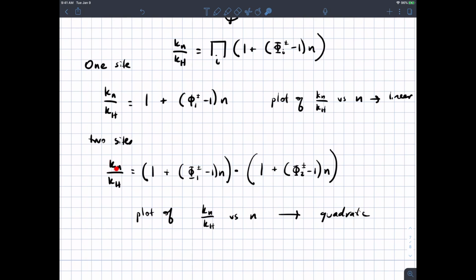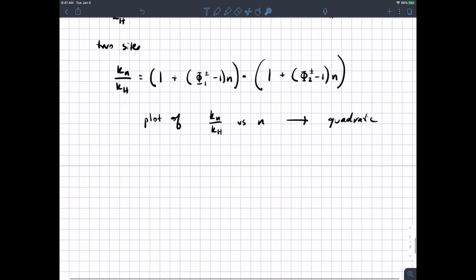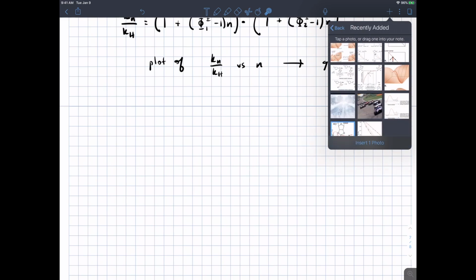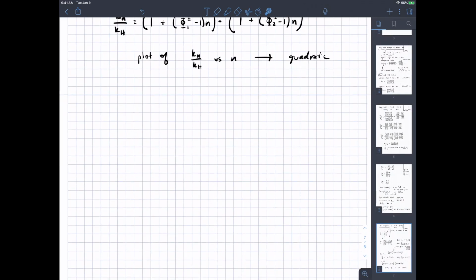And you simply do the reaction in a solvent that is purely protiated versus mixtures of the protiated and deuterated solvent. Then you plot the ratio of rates versus the composition of the solvent, and you see if it's linear, quadratic, or cubic, and that can tell you how many protons are in flight in the rate determining transition state. So here's an example. We didn't quite get to it in today's lecture, and I will talk about it at the beginning of next class. But here's an example of a reaction catalyzed by